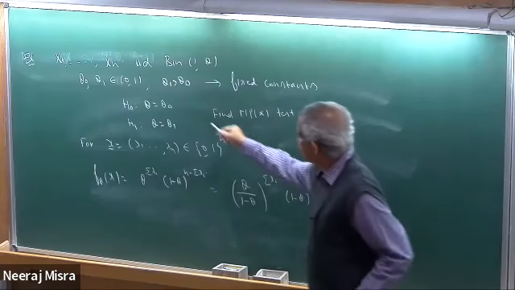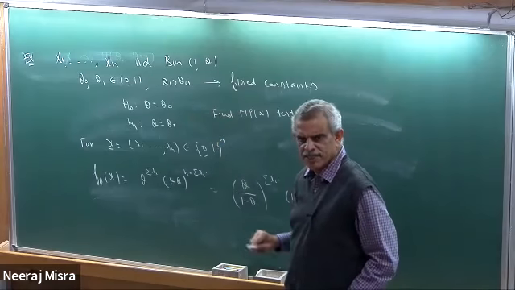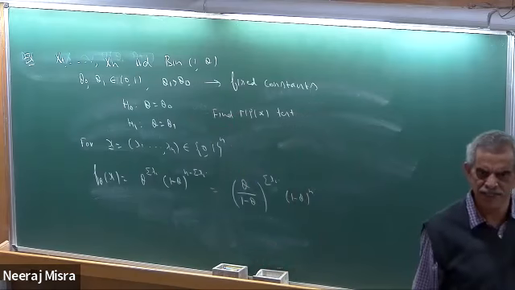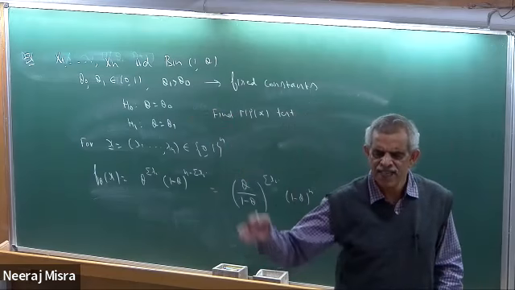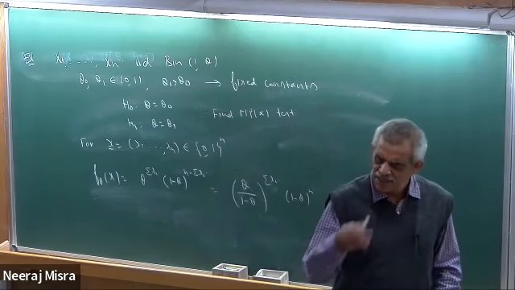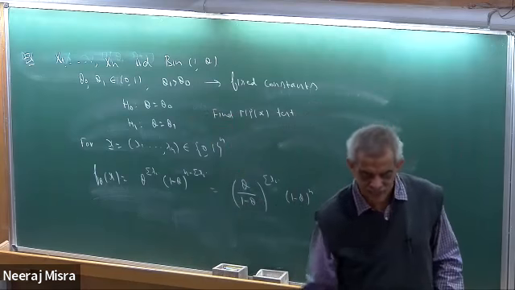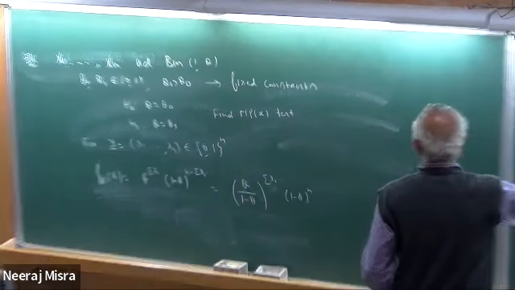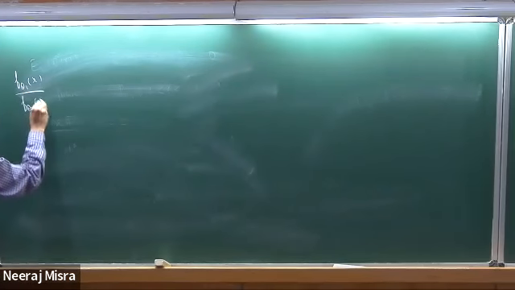My Neyman-Pearson lemma says that I can find one MP alpha test, which is 1 if f1(x) upon f0(x) is greater than c. Here the support is the same, so f1(x) minus c times f0(x) being positive is equivalent to saying that f1(x) upon f0(x) is greater than c, right? Your supports are the same.